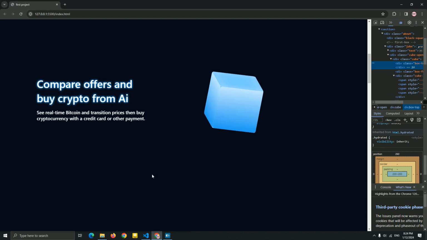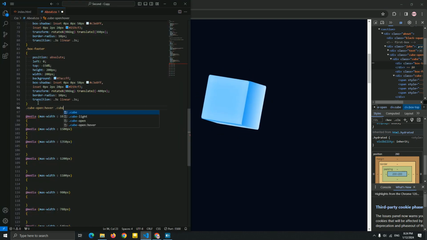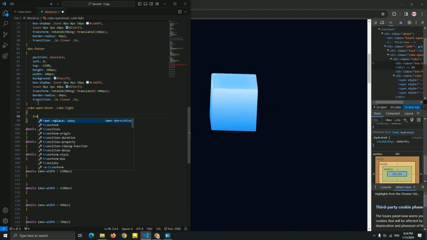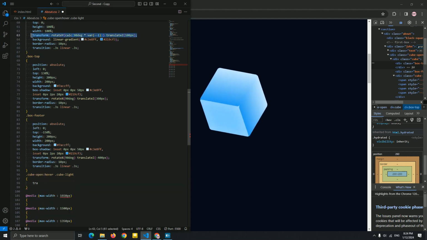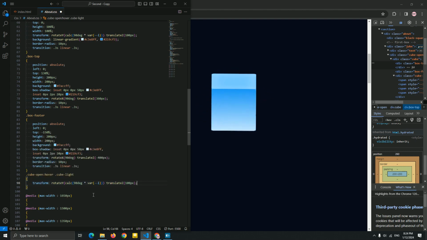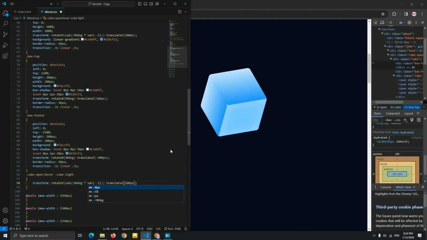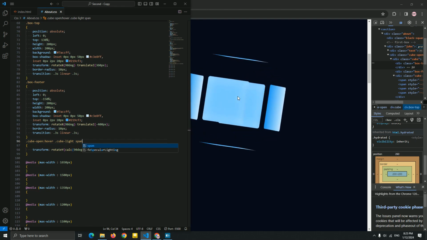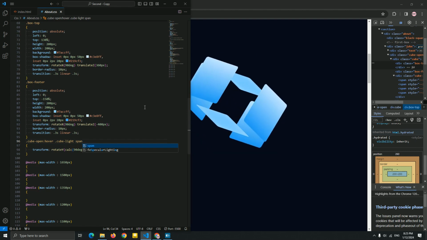And yeah, so now let me just add the hover to create something amazing with this about page. So for this hover, I'm gonna call a cube light, just like I said for the left and the right. So for this hover, I'm gonna add a transform. Or you know what, let me just copy this, paste it for this calc. Okay, and I'm gonna add a 200 pixel for this, guys. And let me just add a span, sorry. Yeah, as you can see, we just created this, our first hover.